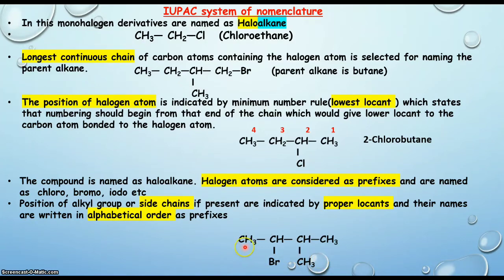Students, you can observe here there are 4 carbon atoms in a straight chain and Br and CH3 are attached to this straight chain. Now, from which side can we give numbering to this chain? Either from the left hand side or from the right hand side. So we have to focus on alphabetical order. As alphabetically bromine comes first, that's why the correct numbering is from the left hand side. So the IUPAC name of this structure is 2-bromo-3-methylbutane.